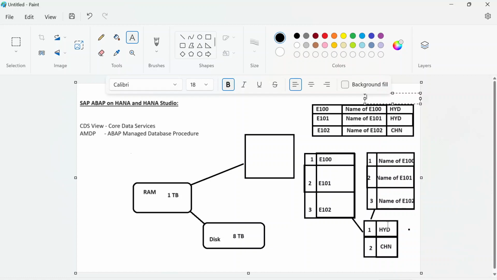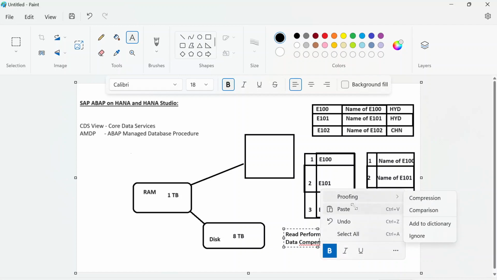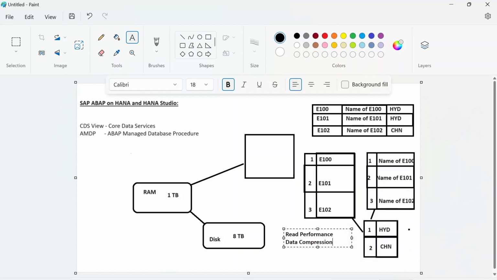Okay, the read performance is faster in column store tables, right? And what is the other advantage of using column store tables? Data compression. Data compression is the other advantage of using column store tables. We can save a lot of database memory by using column store tables. Okay,